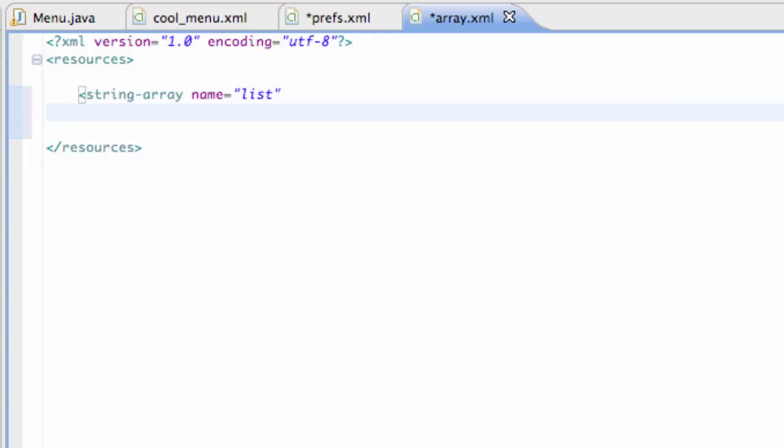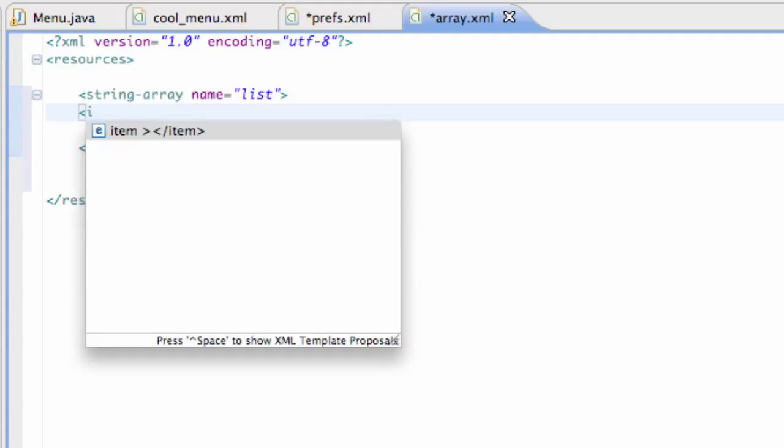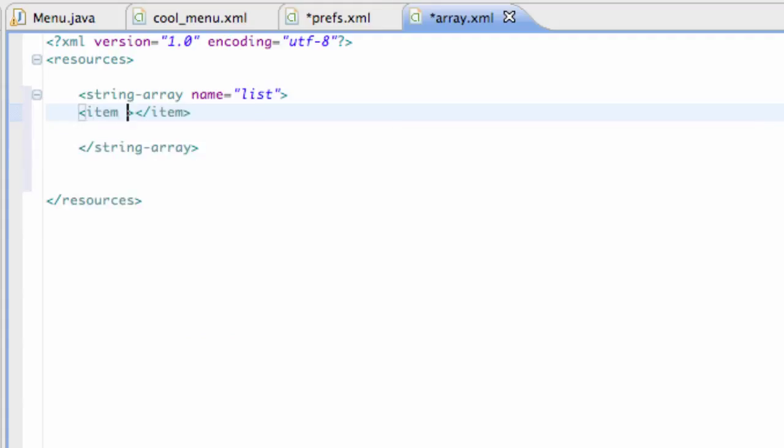And then all we're going to do is set up some items within this string array. So we need to finish off our string array. That's all we need to define it as, and then hit enter a few times so we can work within the string array and add some items to it. So we're going to say item, and then you don't even have to set up the item like we generally would. We just need to put something within both the item and close item brackets, and we're going to call this, I don't know, option 1,